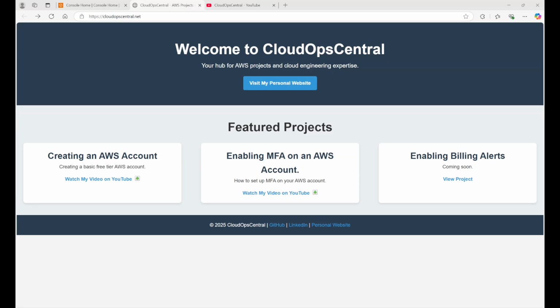Today we're setting up billing alerts for our AWS account. Billing alerts are essential not only for cost management but also for security. They will help you monitor your usage and can possibly catch unsuspected charges, like if someone were to hijack your